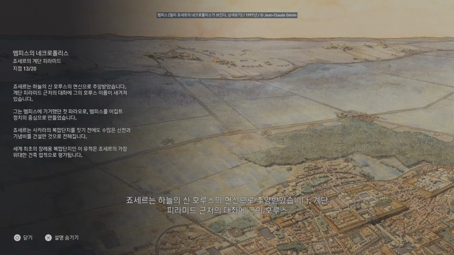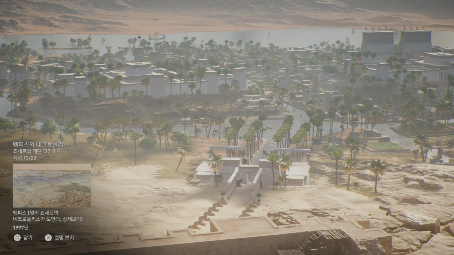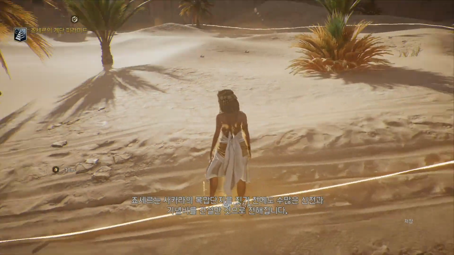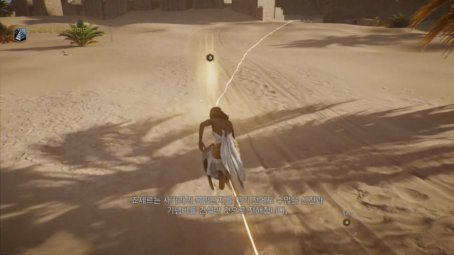Djoser was associated with the sky god Horus in his human form. A plinth near the step pyramid is inscribed with his name and associated with Horus. He was the first to reside in Memphis, making it the central hub of government for the region. Djoser was known to have built many temples and monuments before the complex at Saqqara.